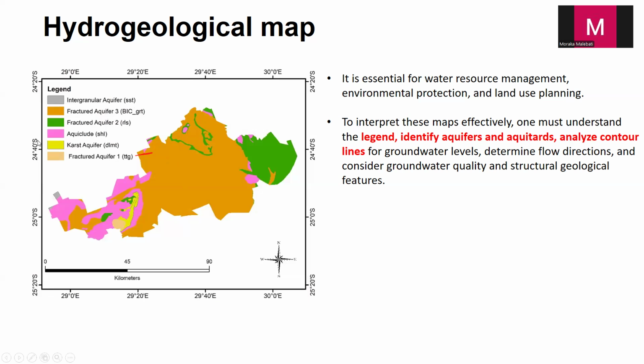You remember this region was the Boer granite, the topmost unit of the famous Bushveld complex. So we have to understand what type of aquifer we are looking at. For example, here in the southern part of this region, we see that we've got the karst aquifers. I've mentioned that karst aquifers